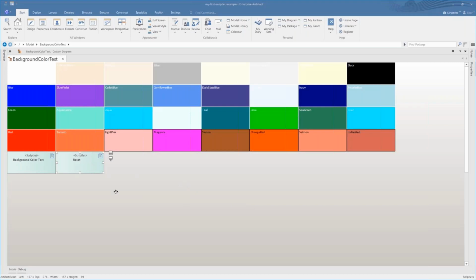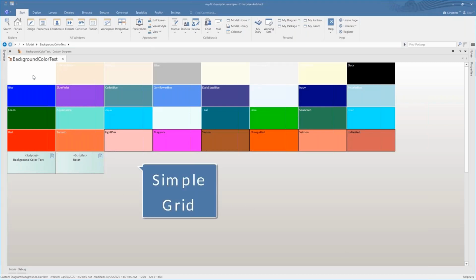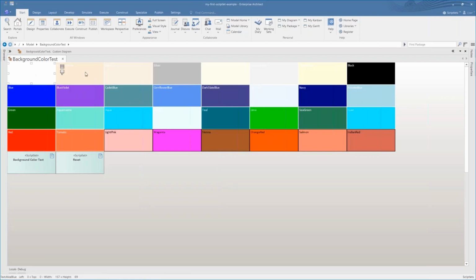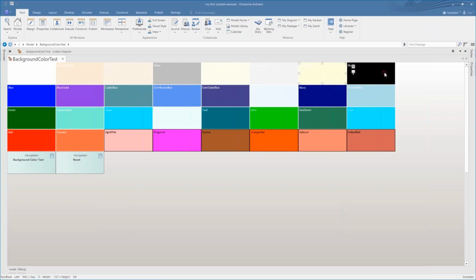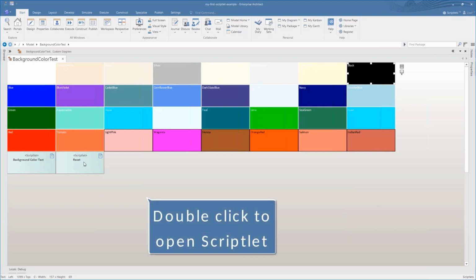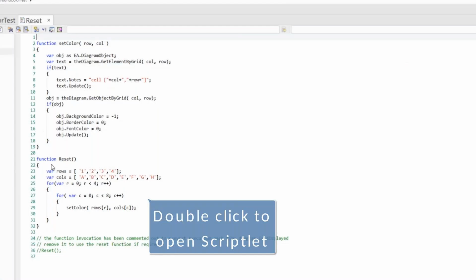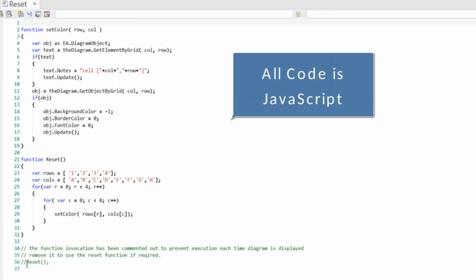So on screen we have a very simple grid, and you can see that every single cell has a different background color. Now we're using white for the font for all of them. Now that's actually A1, B1, C1, and of course 1, 2, 3, and 4 are the rows.